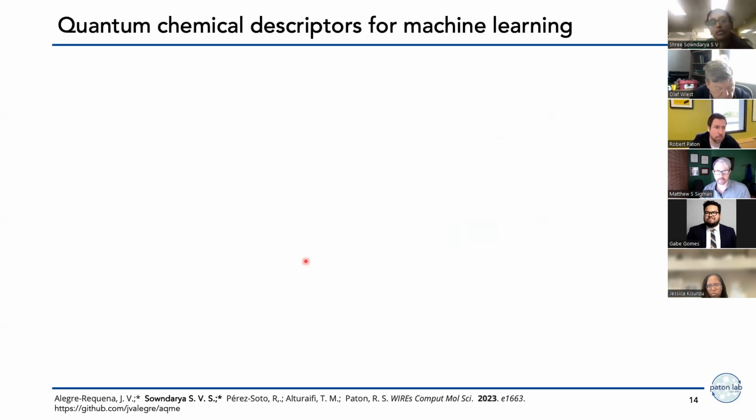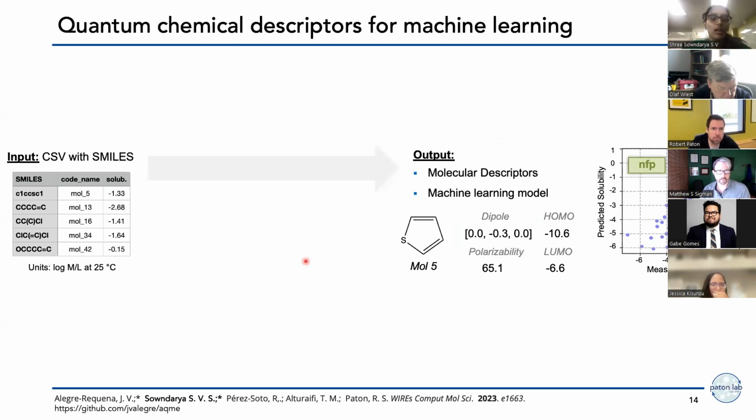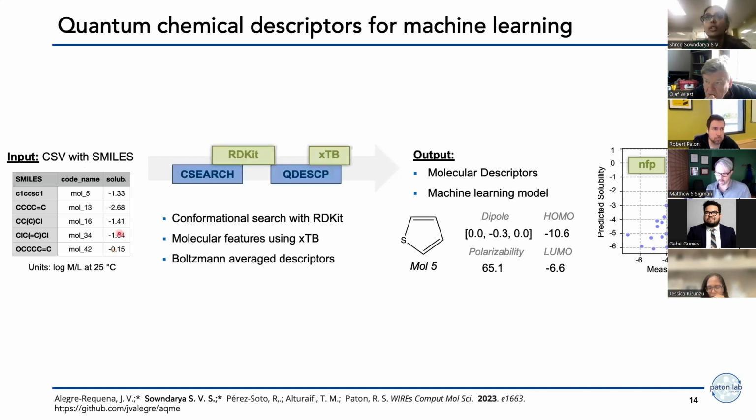And another example, which I'll also highlight here, is gaining quantum mechanical descriptors for machine learning. So for example, if you have a modeling problem to solve, for example the solubility of a molecule, where you have an input CSV with the SMILES representation of the molecule and the respective solubility, and you want to incorporate quantum mechanical features for modeling properties. Then starting from SMILES, you could just use CSEARCH to get conformational ensembles utilizing RDKit, and gain molecular descriptors using XTB, and additionally Boltzmann averaged descriptors using the QDESCP module,